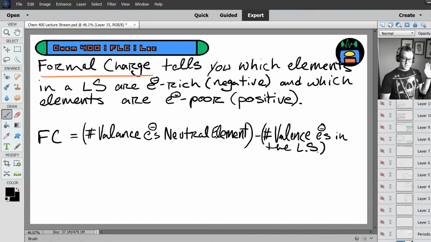All right? You take the number of valence electrons for the neutral element and subtract the number of valence electrons for the Lewis structure. So